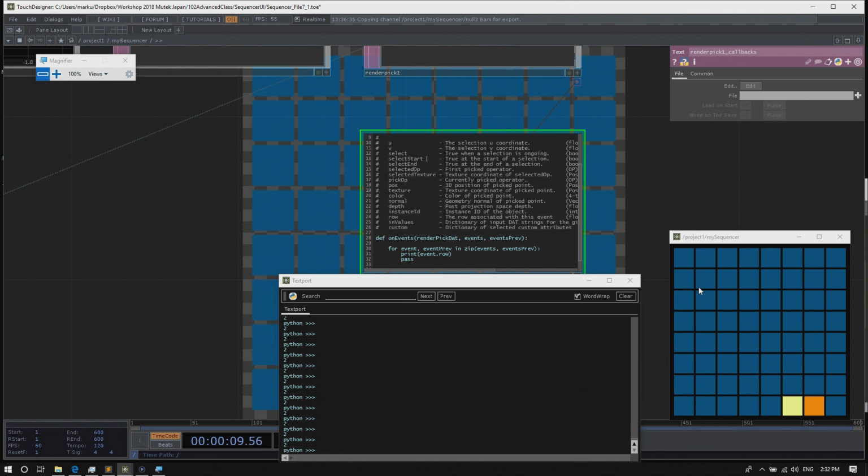The other thing that an event gives me is whether it's the start of the event, like when I'm rolling into it, if it's the end of the event, for example when I'm rolling out of the panel, or if the event is on. So those are select, select start, and select end.